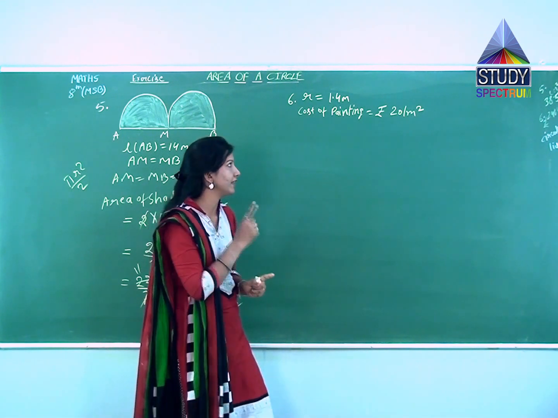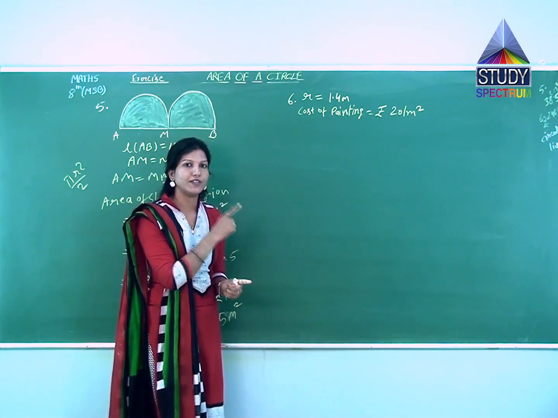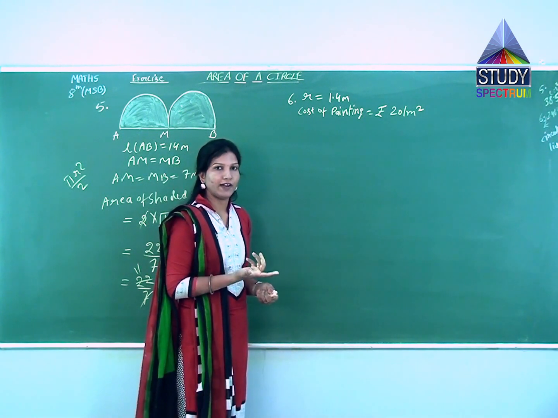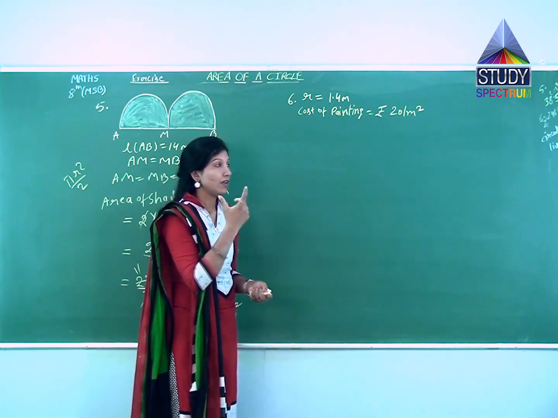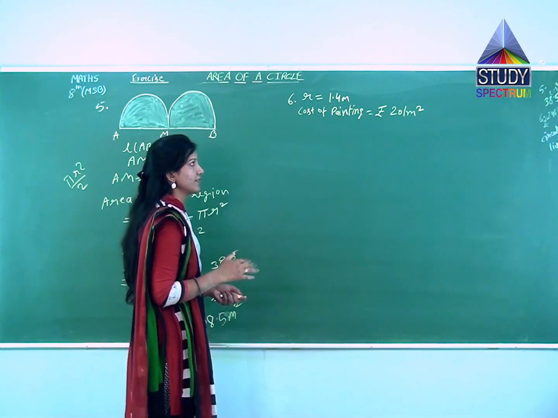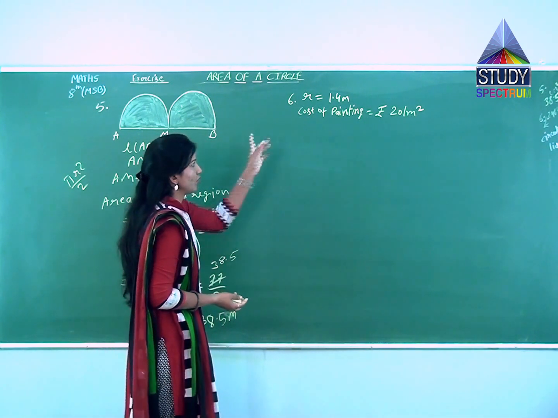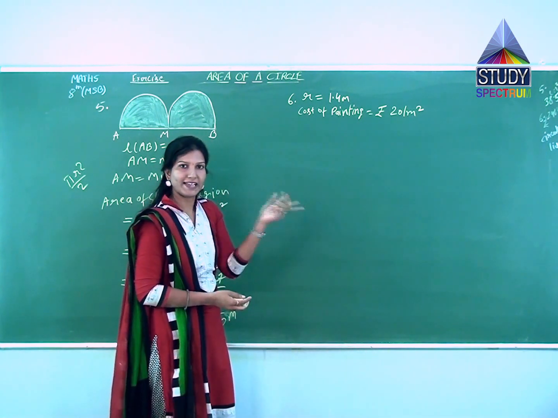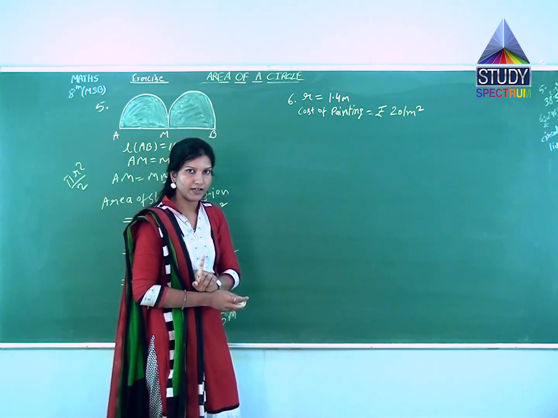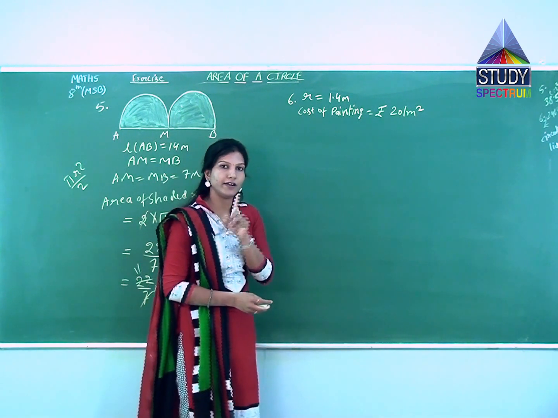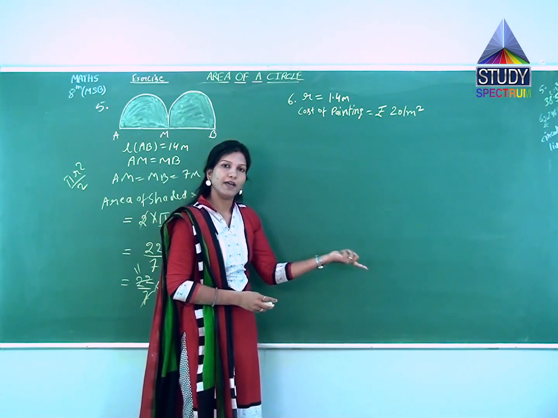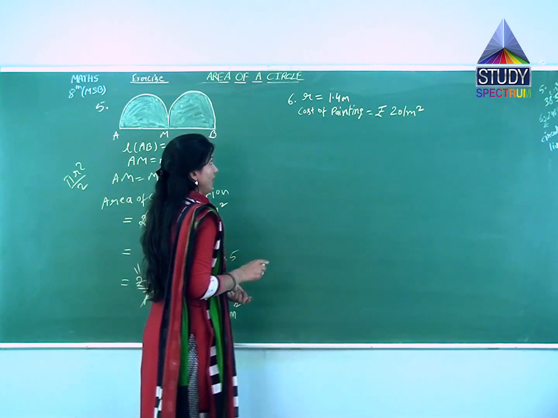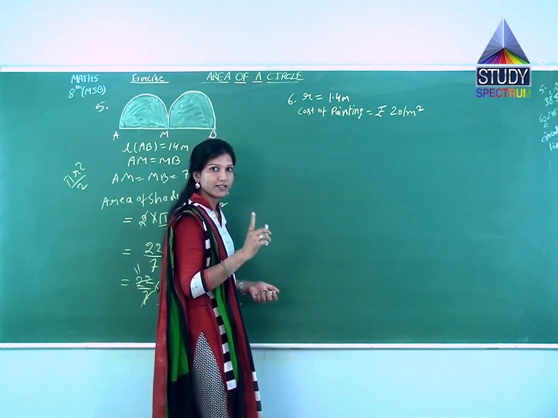That's why we will apply here the formula for the area of this circular lid, and after applying that formula we will get our required value for area, and whatever will be the area, suppose it is x meter square, then if the cost is 20 rupees per meter square, then the cost of x meter square will be x into 20 for one lid, but we have such 100 lids, so we will multiply that by 100. How will it happen? Let's see. Let us first find out the area of that circular lid.